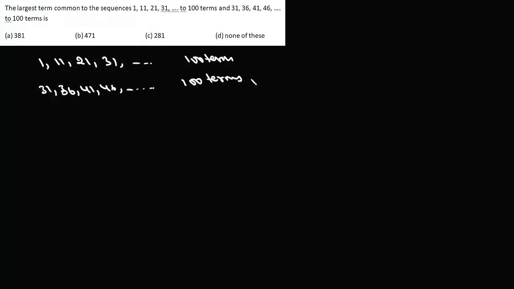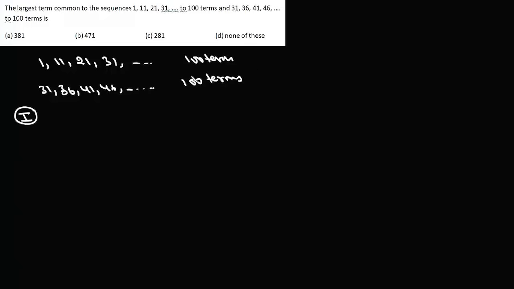Now the question is: the largest term common to the sequences 1, 11, 21, 31 up to 100 terms and 31, 36, 41, 46 up to 100 terms is. Now there are many ways to solve this question. We'll solve this question in two ways. Now the first method is,